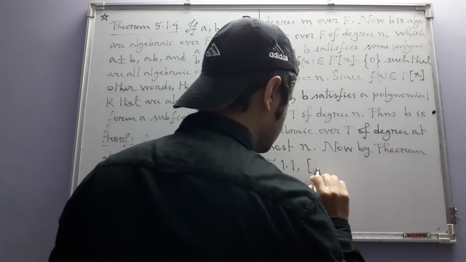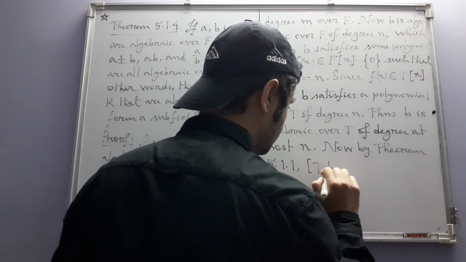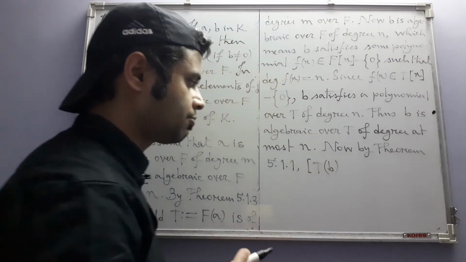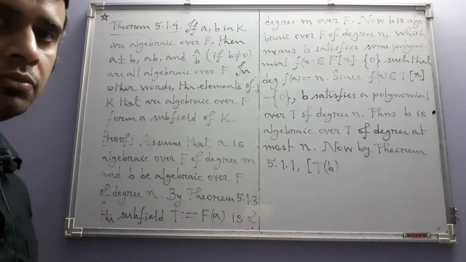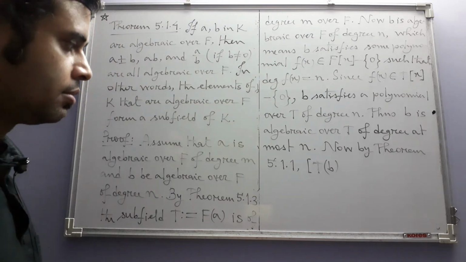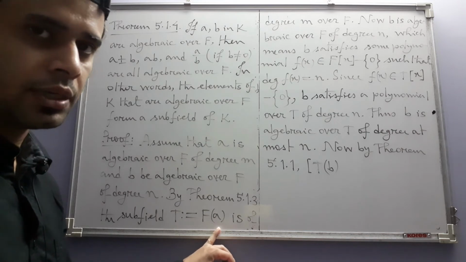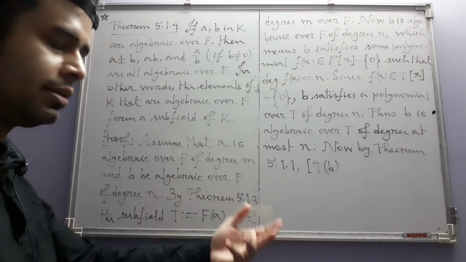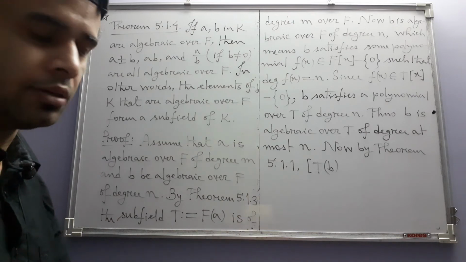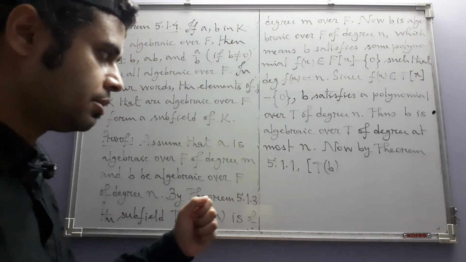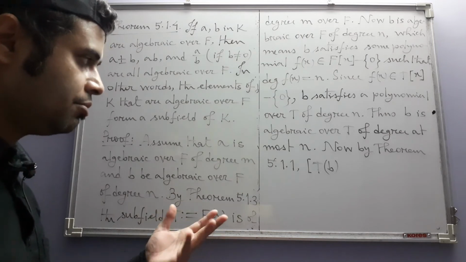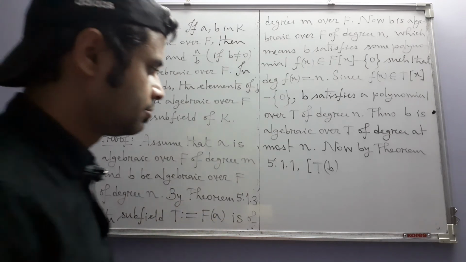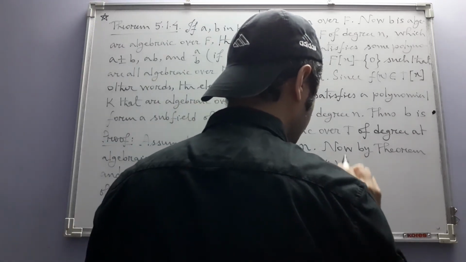So TB is a finite extension of t, but t is FA. So TB is a finite extension of FA, and FA is a finite extension of F. So from theorem 5.11, TB will be a finite extension of F, and in fact we will have this